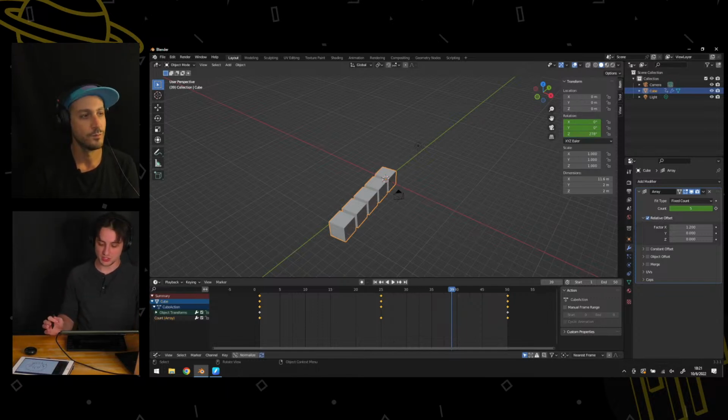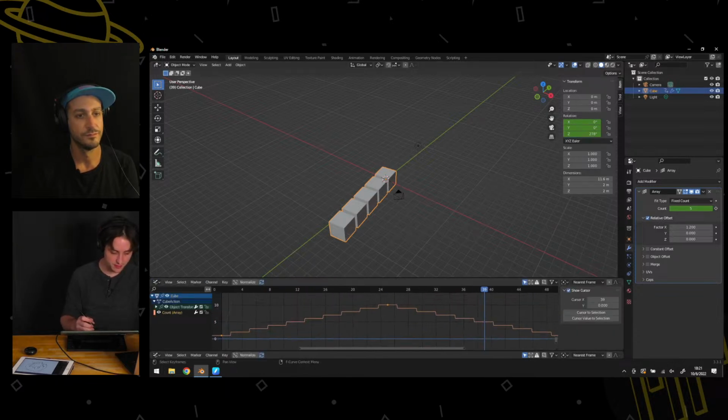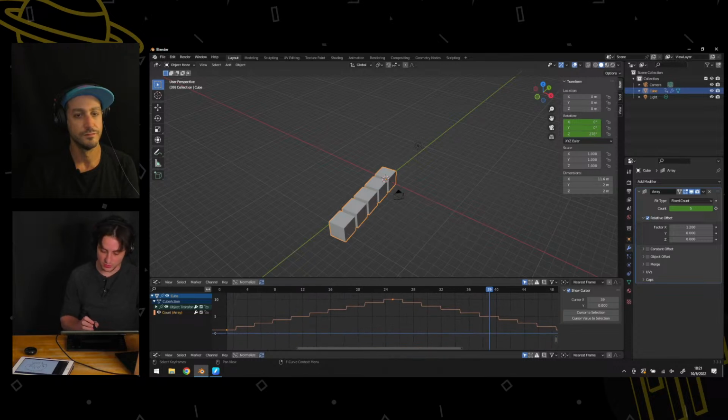But this is just some 3D animation stuff. Of course, it gets much more advanced than that. There are a lot of different ways you can see your animation, like I showed you guys the graph editor. You can actually see here's the graph for the array modifier. You see it adds one, adds one, adds one, since it's adding an incremental